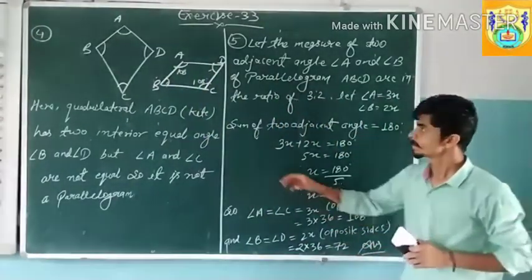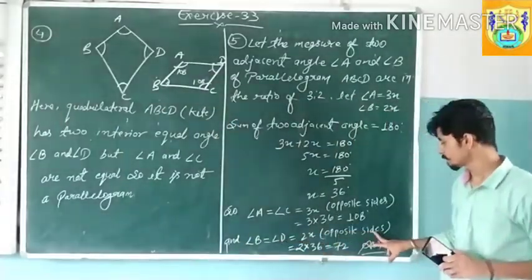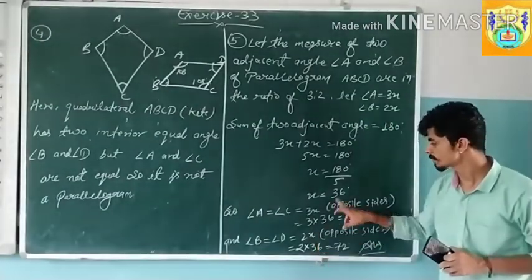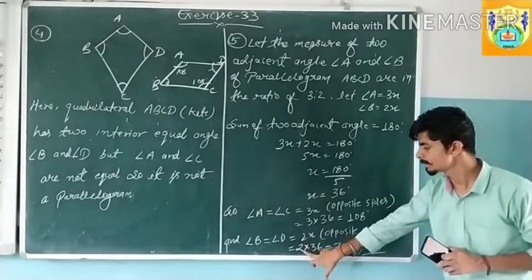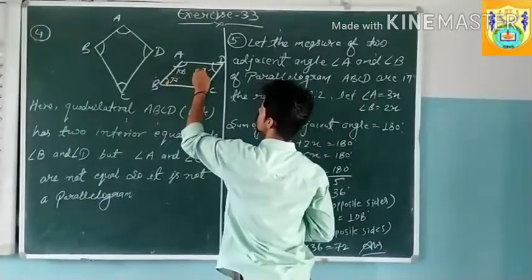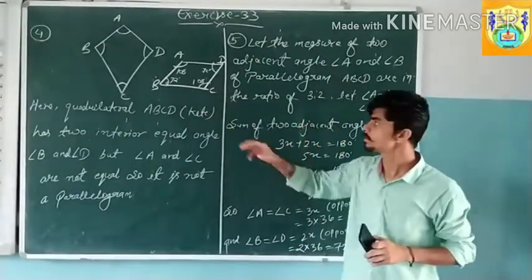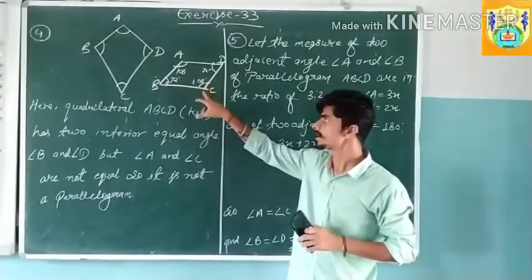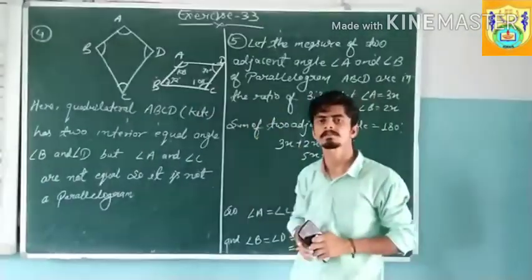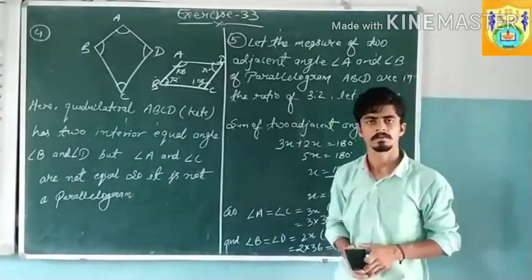Now similarly, A and C are equal and B and D are equal. So angles B and D are equal because these are opposite angles, and angle B we let be 2x. Here 2x, and the value of x is equal to 36. 36 will be multiplied with 2, and we get 72 degrees. And for checking, you can add all these angles of that quadrilateral, and we get 360 degrees, because the angle sum property of a quadrilateral is 360 degrees. That's all the solution of question number 5.